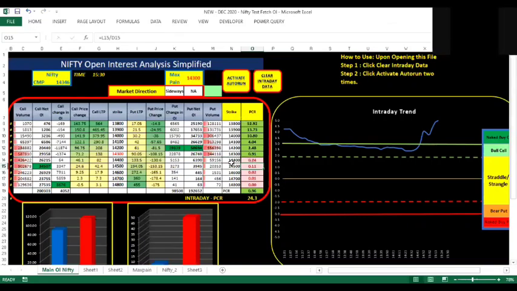Now before we move further, an important point we need to know is what is this intraday PCR. Basically, intraday PCR is nothing but a calculation done on the basis of change in OI in the call side as well as the put side, and using the same PCR formula, we are only trying to figure out whether on a particular day more puts are being written or more calls are being written, and with this we will try to figure out the likelihood of the market direction today.